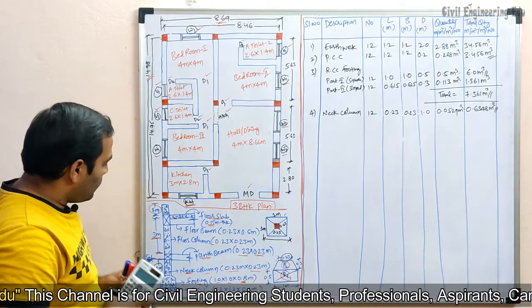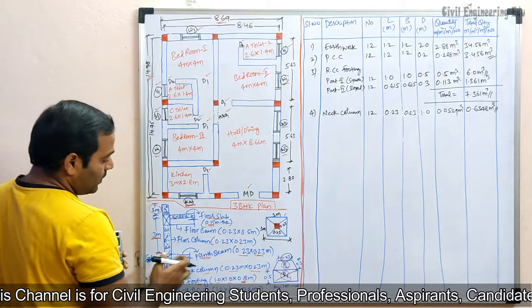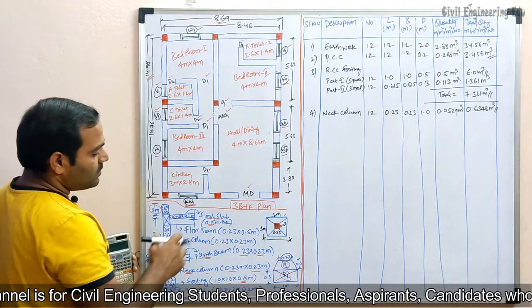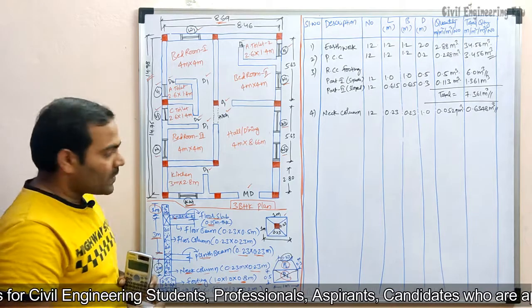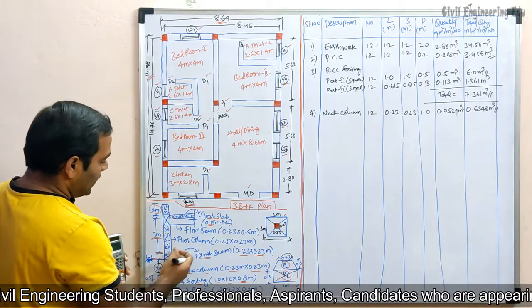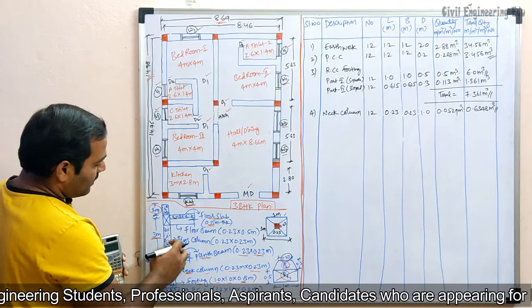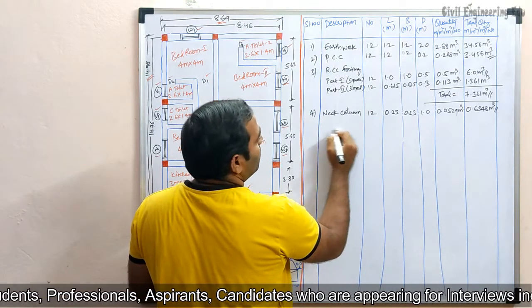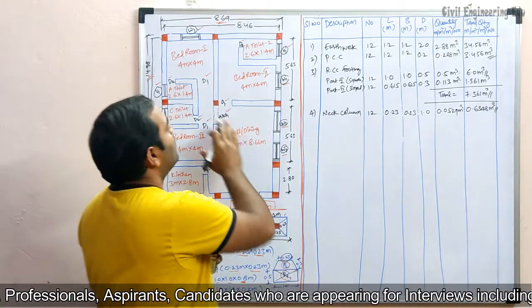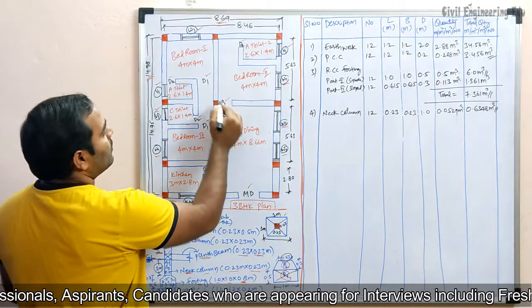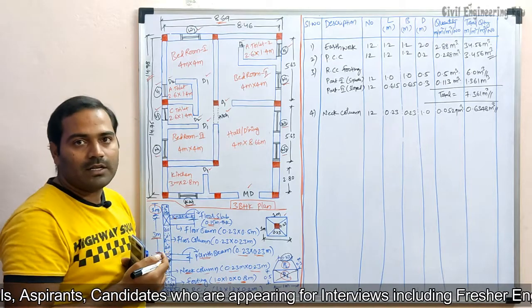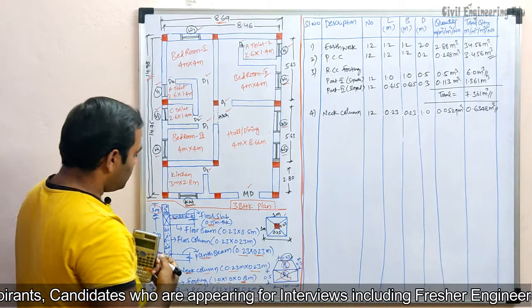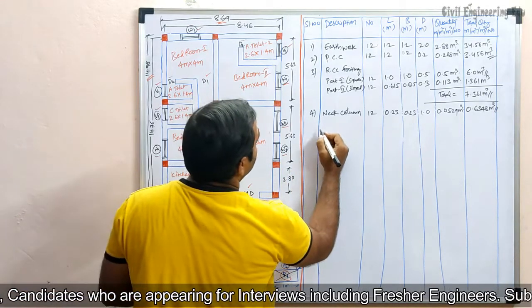Now coming to plinth beams. Plinth beams and floor beams are of the same calculation, so I will explain you later. So next we will take floor column. The actual item of work should be plinth beam only, but I have to change the drawing here. I have to connect all these to show the plinth beam details. So now I will do floor columns. Next I will explain plinth beams and floor beams.